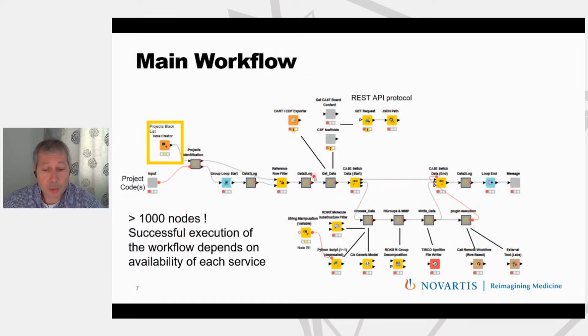Here is an overview of the workflow doing the data integration, which is run overnight every day on around 70 medicinal chemistry projects. On one side, it may look a little bit simple, but it contains in reality more than 1,000 nodes. Many nodes are needed in order to handle specific cases and to collect process and error information. Otherwise, the workflow can be considered as a succession of basic operations.